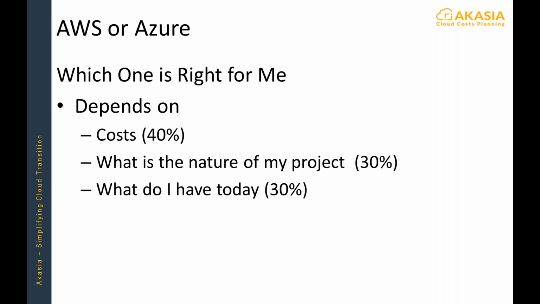But as we talk with customers and see projects happening in front of our eyes, cost is actually one of the elements. It's certainly a big part of the decision-making process. But the other elements, which are very important, are what's the nature of my project, what do I have today, and how does it impact whatever I'm up to next? So in the next couple of slides, I'm going to talk about the last two elements, the nature of my project and what I have today, and how that maps into what Microsoft and Azure provide. That gives you some ideas of how to select what cloud you need, right?